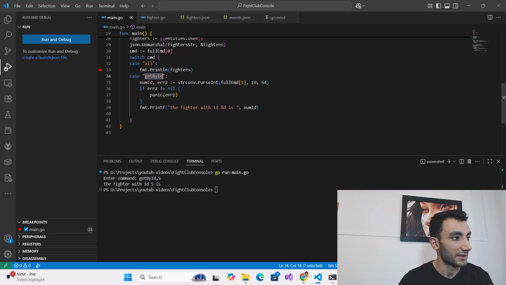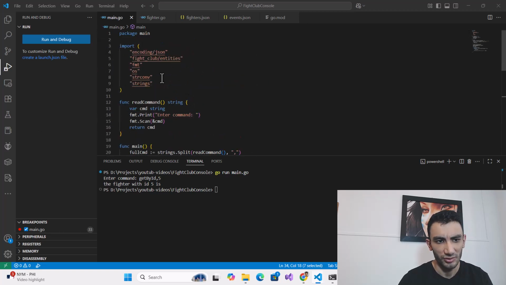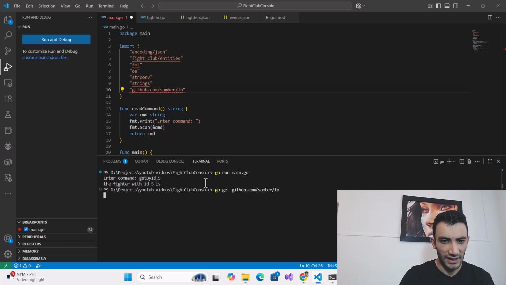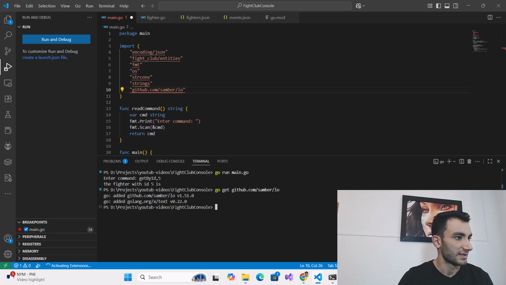For that purpose, I need to install one package. I checked the different packages, but the best one was that because it makes it very easy and fast.